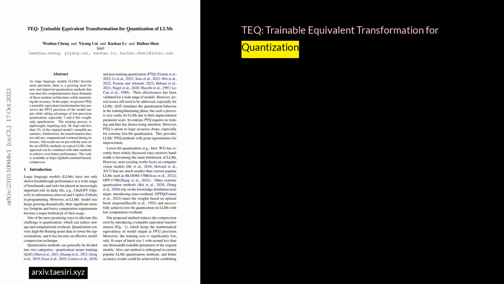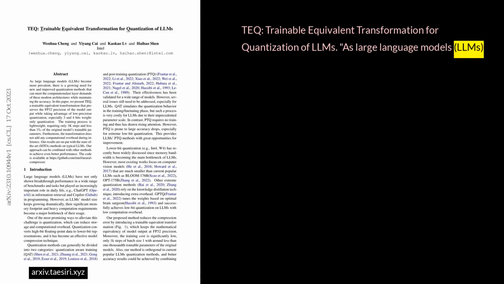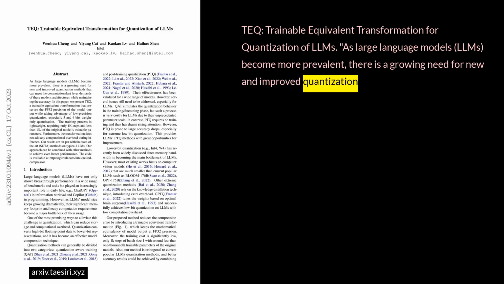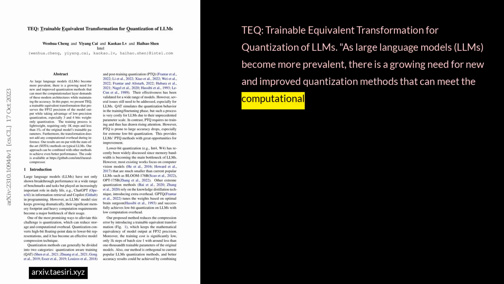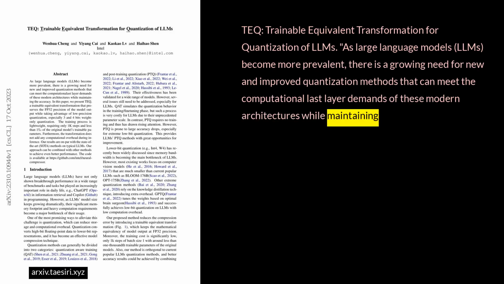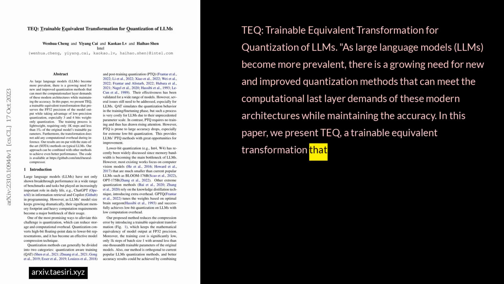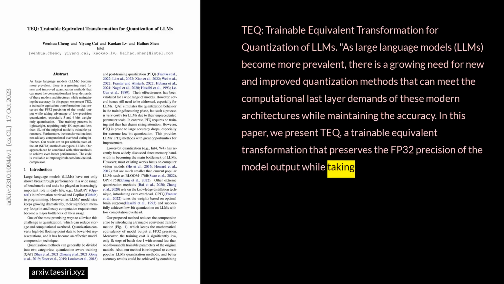TEQ, Trainable Equivalent Transformation for Quantization of LLMs. As large language models, LLMs, become more prevalent, there is a growing need for new and improved quantization methods that can meet the computational demands of these modern architectures while maintaining the accuracy. In this paper, we present TEQ, a trainable equivalent transformation that preserves the FP32 precision of the model output while taking advantage of low-precision quantization,